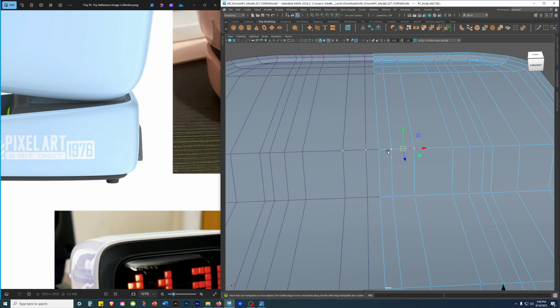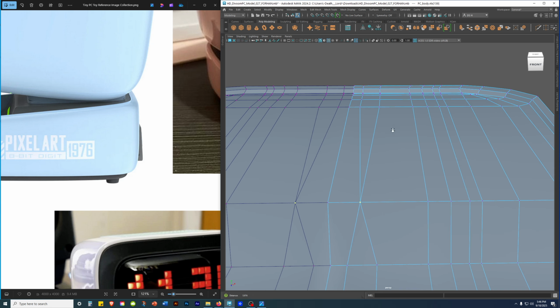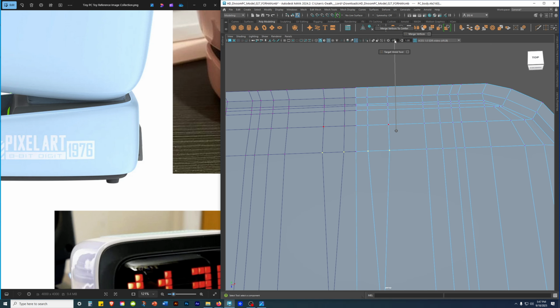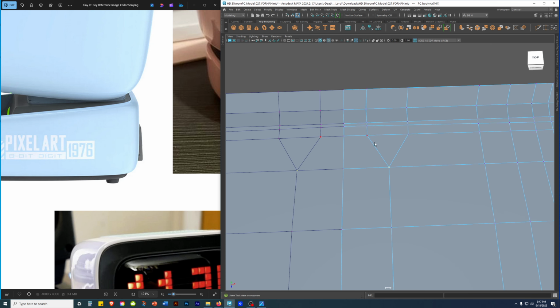Fine, grab this and this. Shift right click and hold, merge the center. Grab this and this. Shift right click and hold, merge vertices, merge to center. Grab this and this, press G as in George, repeats the last command, this and this, press G,